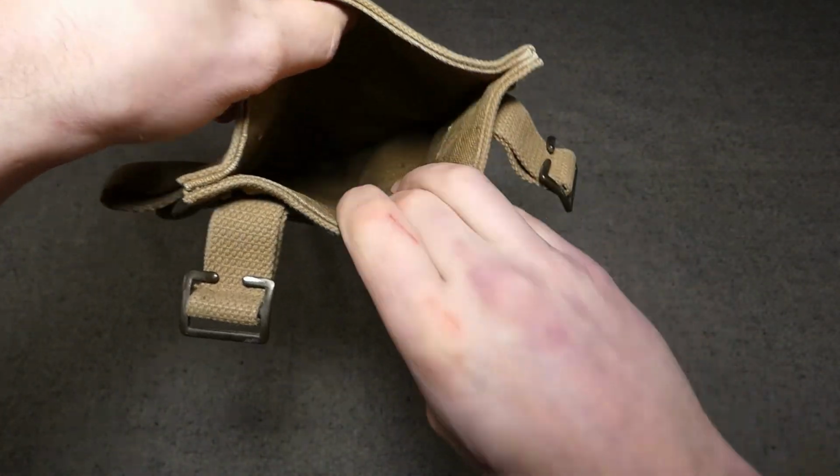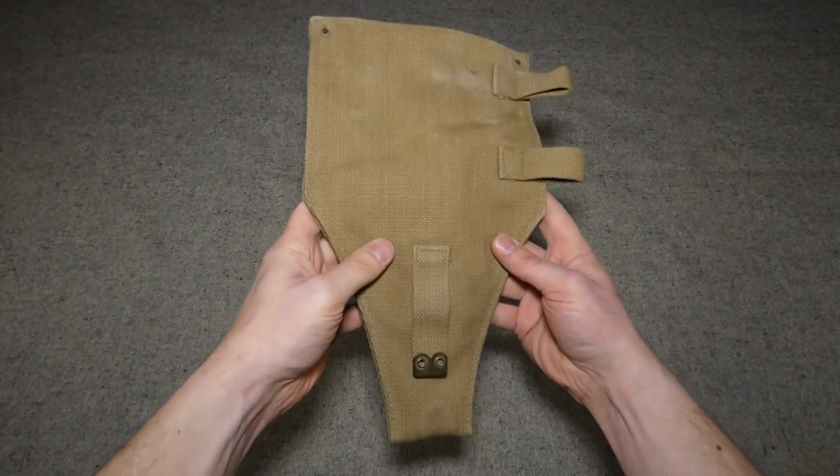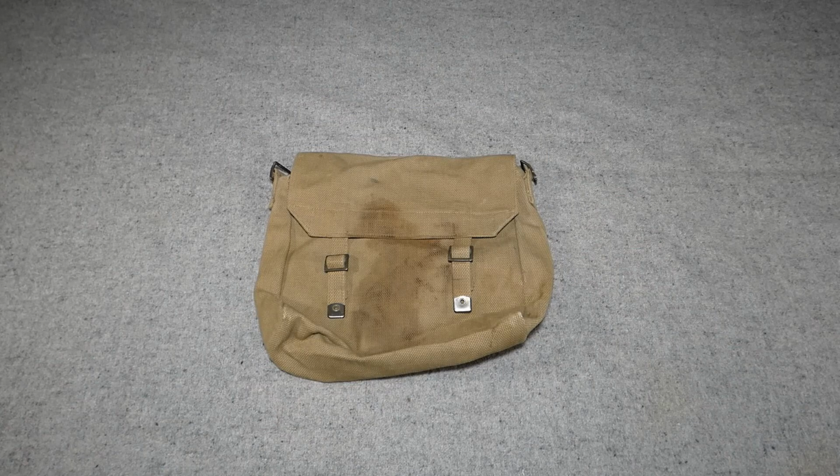Don't think we're going to be able to see down in there, unfortunately, but it's worth a try. So that's the entrenching tool carrier, again basically pilfered from the 1919 pattern web equipment. The final thing to have a look at here is the haversack, and this is basically per the 1925 pattern